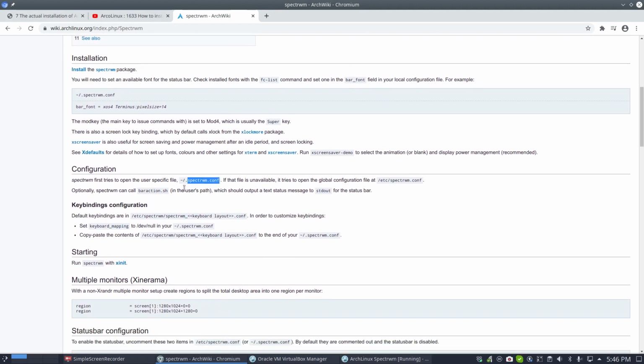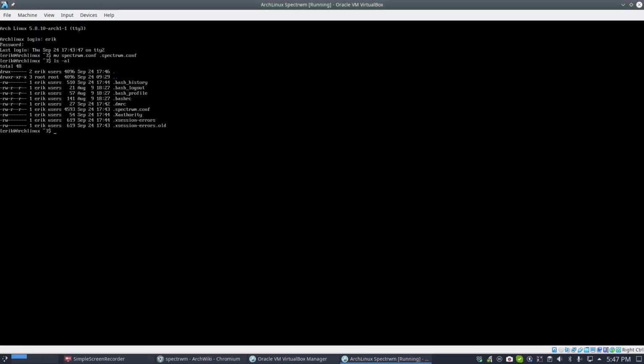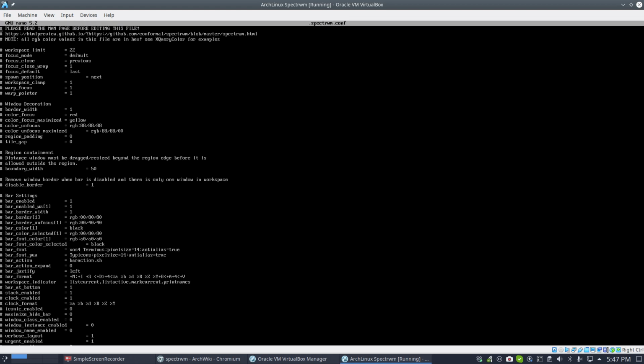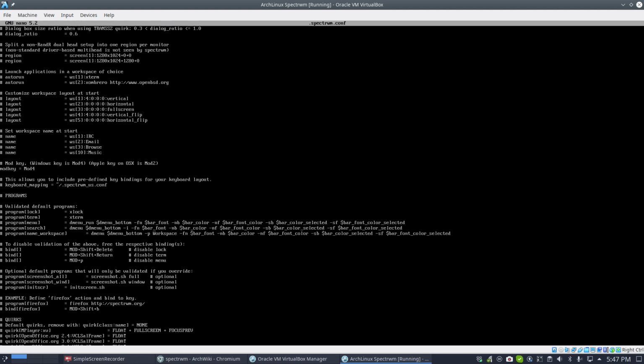Typos. SpectreWM, where are you? Here. So root's spectrewm.conf, and we have the same. Okay, what else do we have? We can have a look at what's inside. Is there something we should change? Workspace limits, focus warp, bar settings. Our mod key